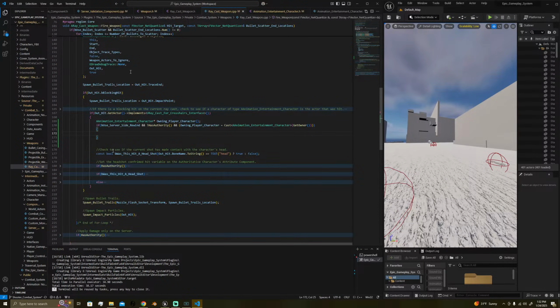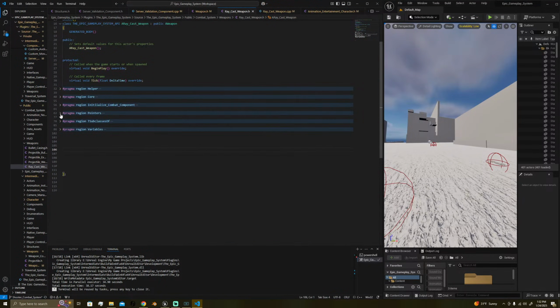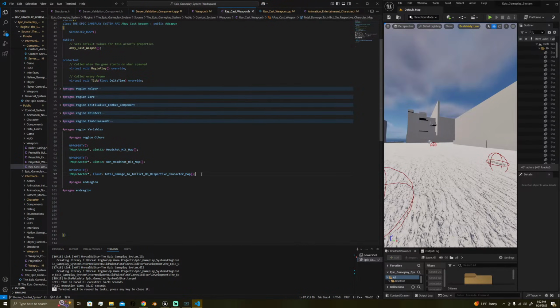Server side rewind for raycast weapons. The first one needs to be, it can actually be in this raycast weapon. It's a variable and it's not a struct, and it's going to be a TMap. So we can copy this, and this TMap is gonna map an A